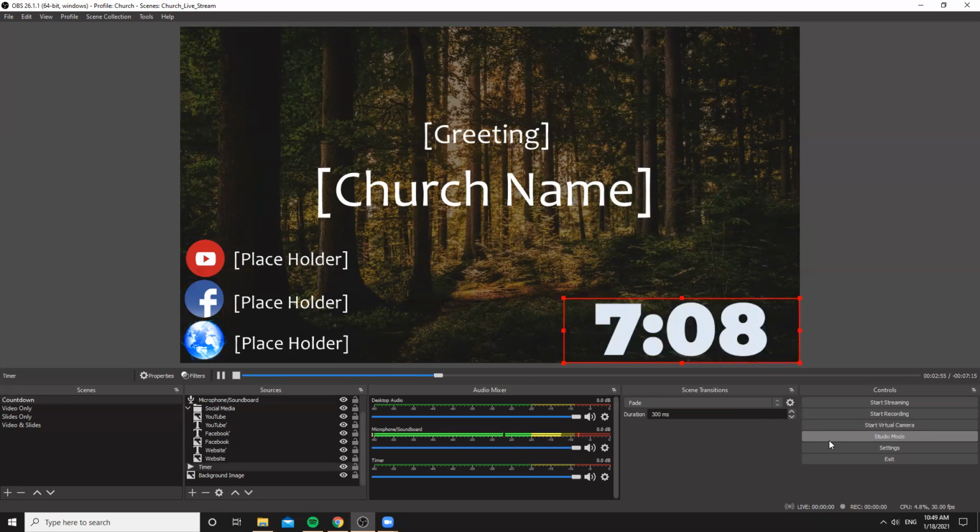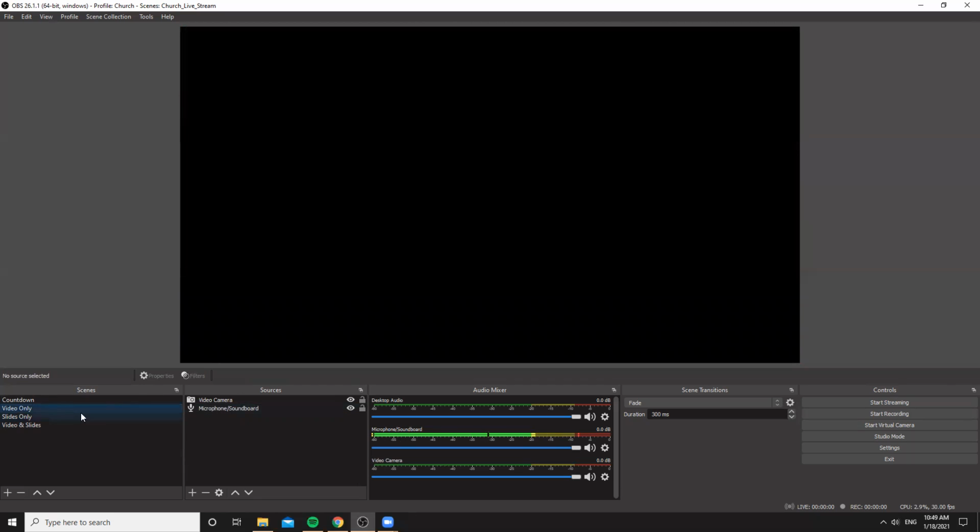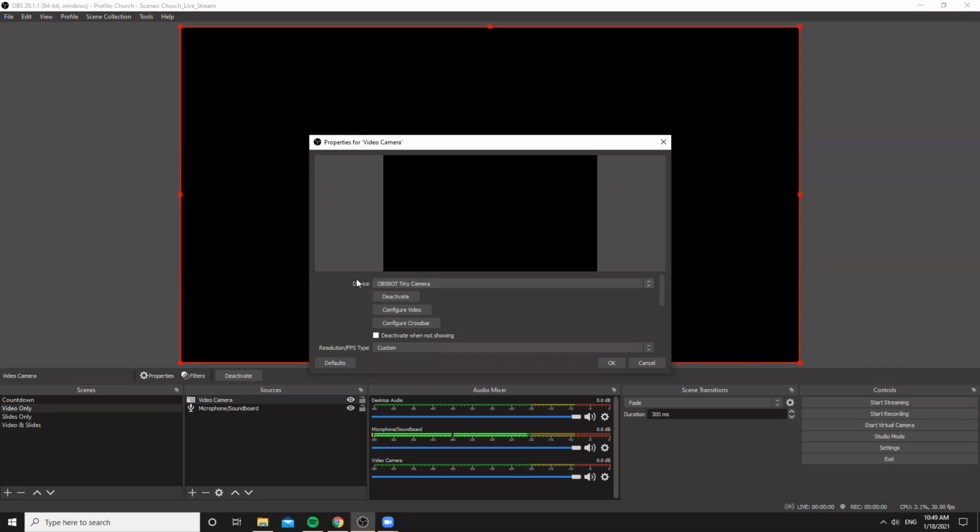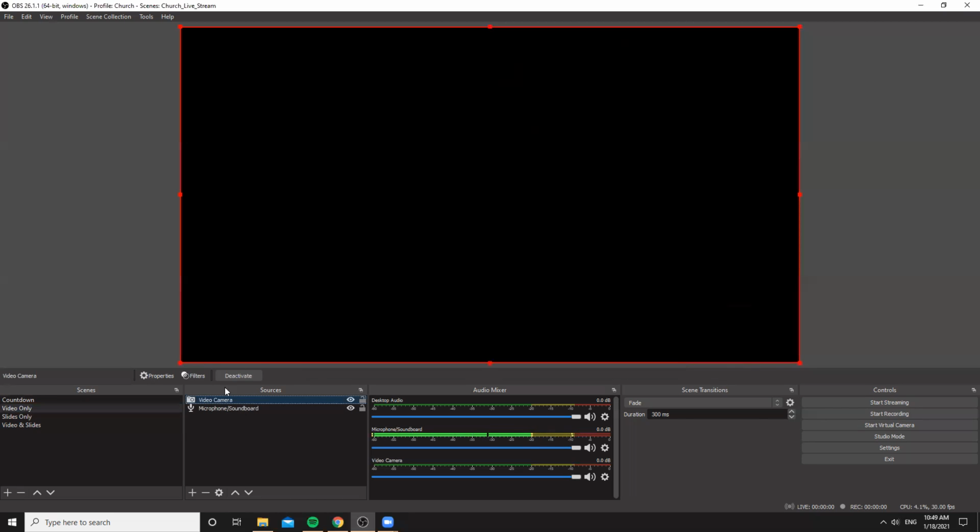Some other things to note about this OBS template that I provided is that I've made some various sources or scenes for you, I should say, such as video only, meaning that you can select here your video camera. If you double click, you can select what kind of camera you would like to use. Right now, my office is messy, so I don't want to show you that. But from the drop down menu, you can select what kind of camera you're using, and that'll be the main video source. And you can see here by the red boundaries that the video will take up the large portion